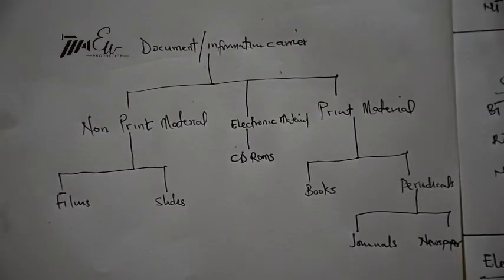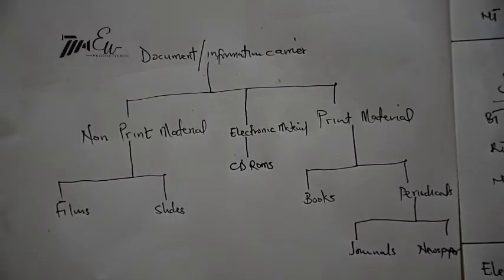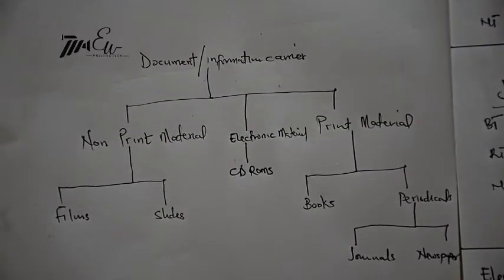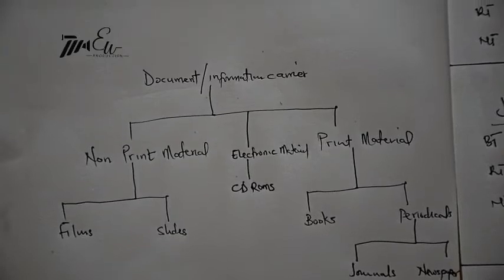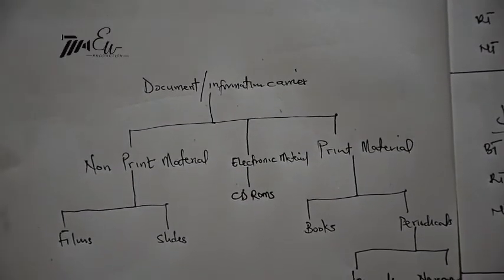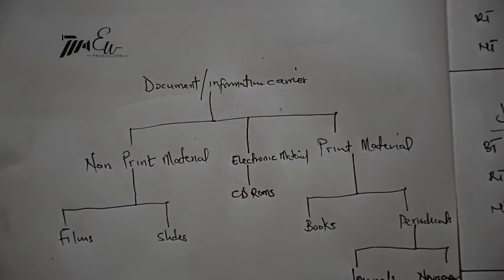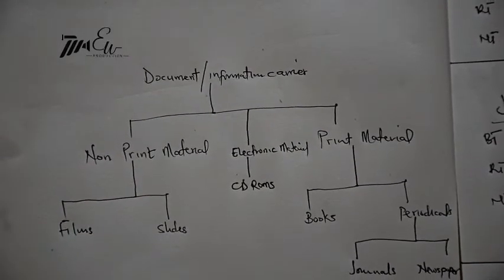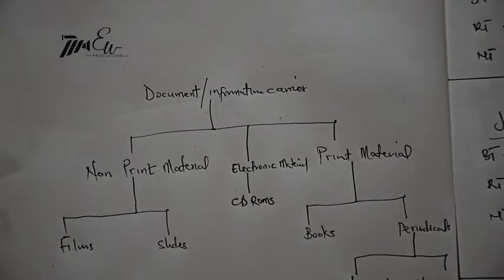Another is non-print materials. Another is electronic materials. Another is light. Another is periodicals, and the last terminology is frames, as you can see displayed on your screen. So there is a need for us to pick the terminologies one by one